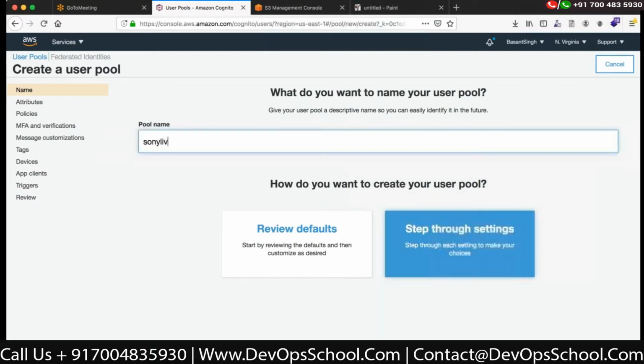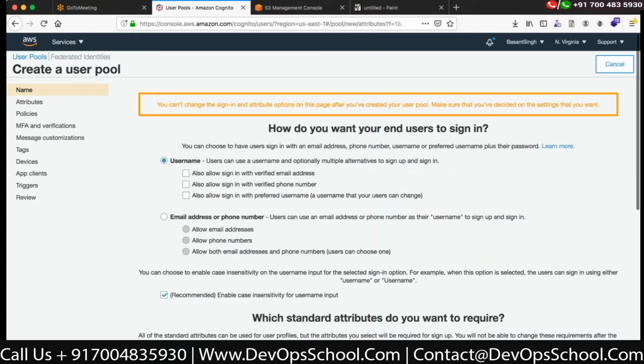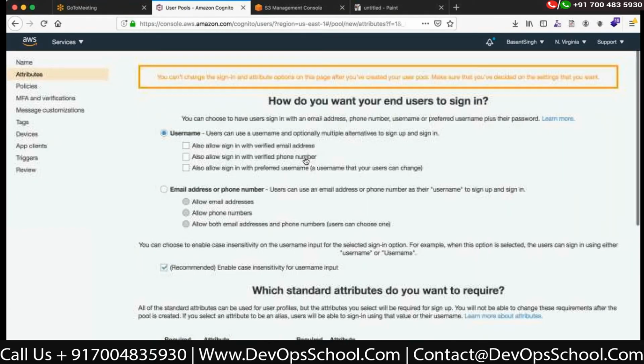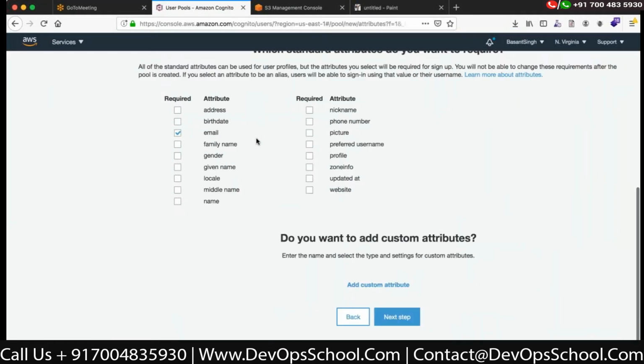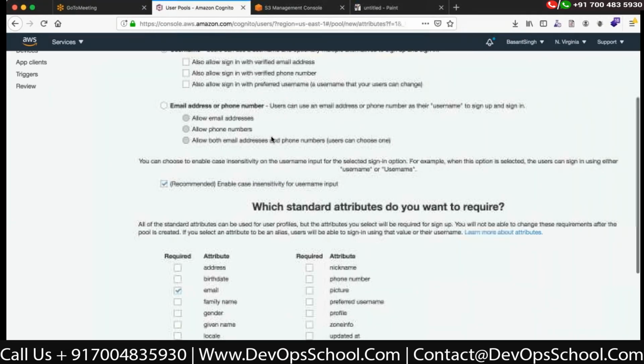How do you want your end users to sign in? With the username. I want them to sign in with their username. Okay, and then, anything you want to keep as standard attributes, do you want to require email address? I just want them to require their email addresses, nothing apart from that. So that looks good. Go to next step. Okay,